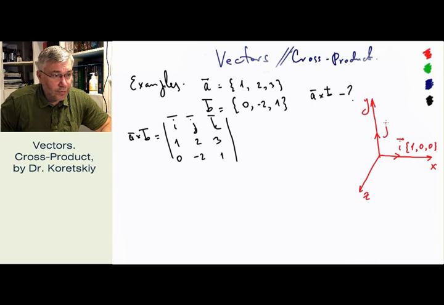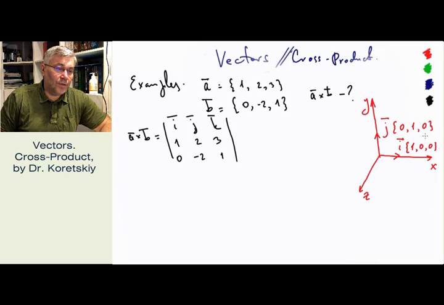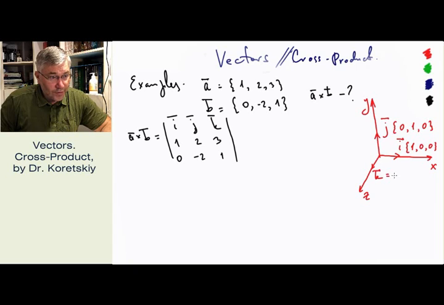So j vector looks along axis y and it has components 0 x component, 1 y component, and 0 z component. And k vector is along z, so it has components 0, 0, 1. All these vectors are unit vectors because they have magnitude equal to 1, and